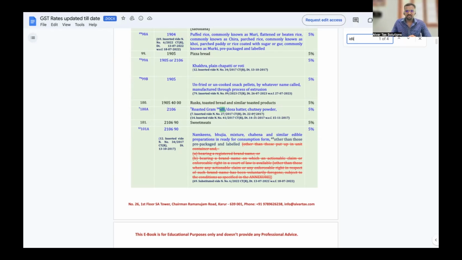So we cannot come to a conclusion by seeing the first match. There are another 3 matches. So we have to verify all to conclude which is the correct one. Here in this case, there is no doubt: idli dosa batter is clearly given as 5%, and its HSN is 2106. The next one is,